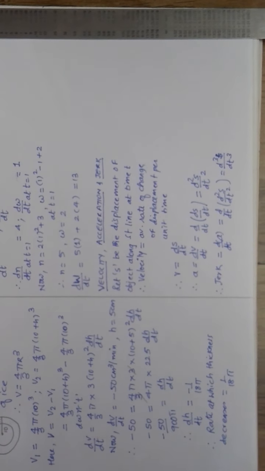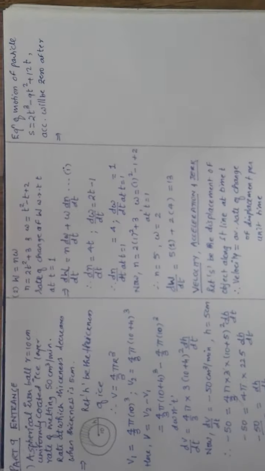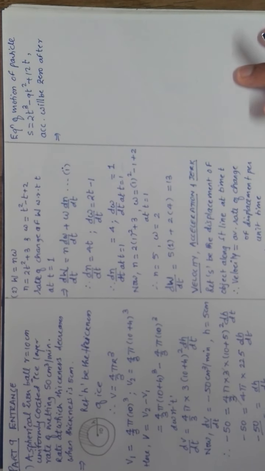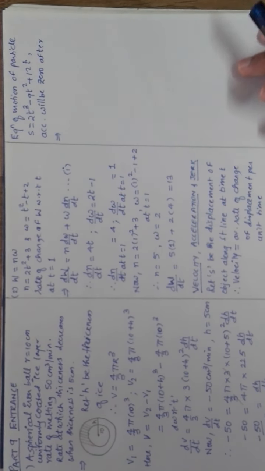Agreed? Now in the textbook we don't have any questions based on this, but I will do at least 1 or 2 questions to understand this properly. Okay, now again I have written the question in short. It says that the equation of motion of a particle moving along a straight line is given by the relation s is equal to 2t cube minus 9t square plus 12t, where units of s and t are centimeter and second, obviously. Then the acceleration of the particle will be 0 after how much time? Okay, got this? Now let us solve it.